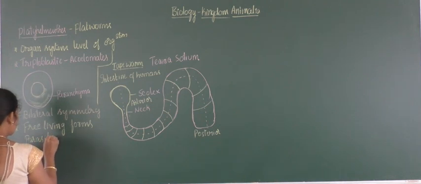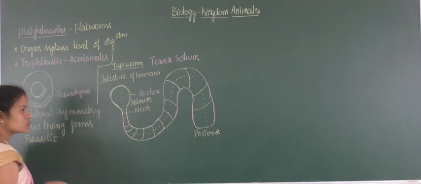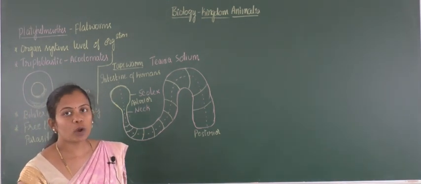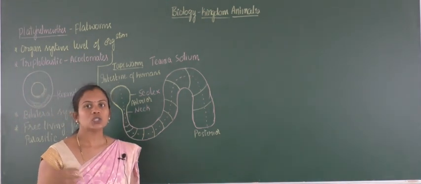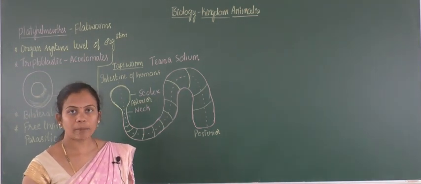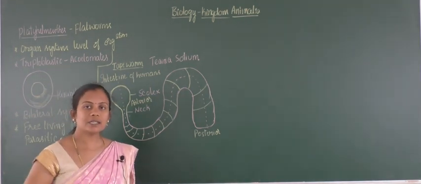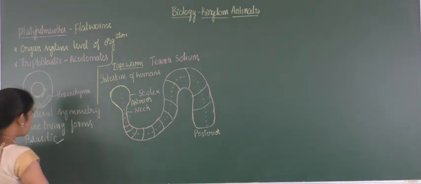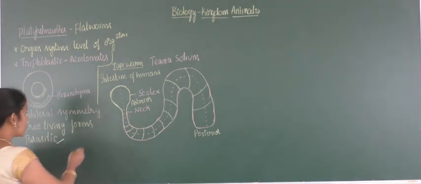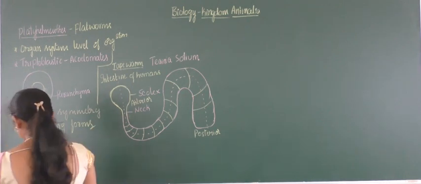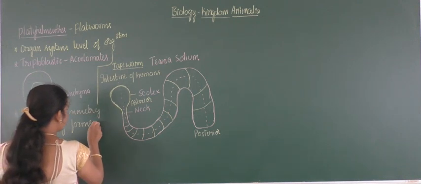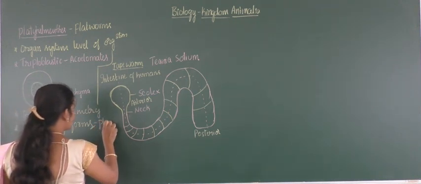That means a few of the organisms will use the host organism to complete their life cycle, and a few organisms are present in the soil or maybe in the water habitat. A few will be present inside the host organism. If they are present in the host organism's body, then they are called parasitic, and a few are said to be free living forms. An example for a free living form will be planaria,